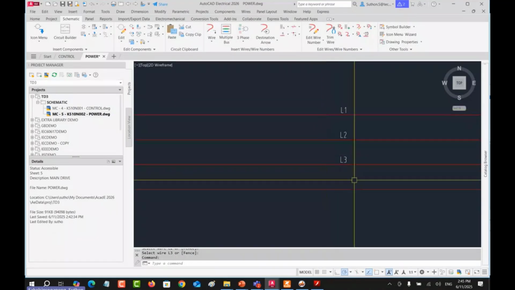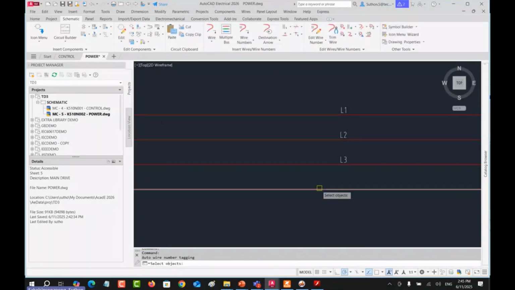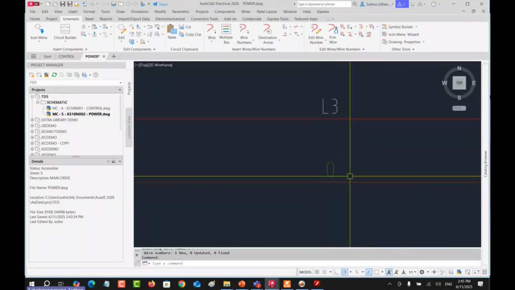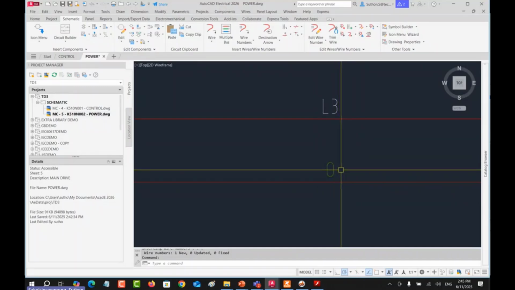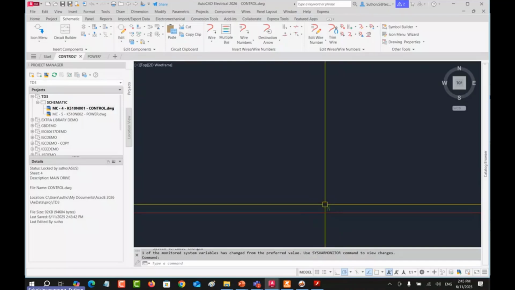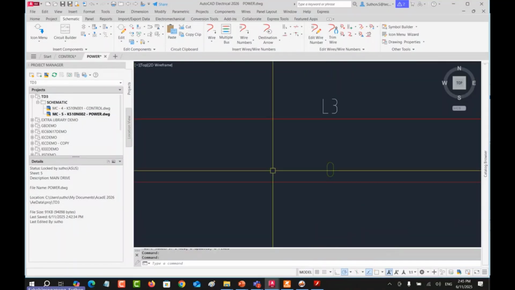Very easy, right? But for the last one, you can use just the normal wire number to make it end. Pick individual wire. Why can it be shown as n? Because it is 0, because it has a conflict with this line number. You have already assigned this one, so you can't use the n anymore.